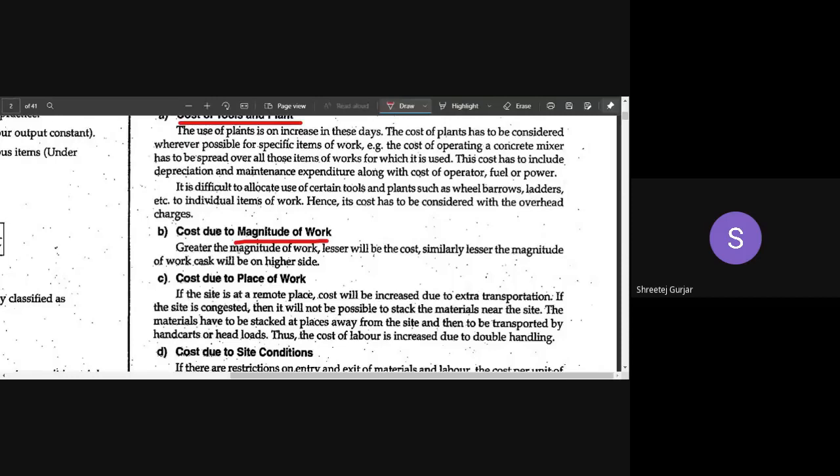Suppose you have one smaller room to build and you have a 3 BHK to build, which will cost more? We will deal with cement quantity. Say for one room you require 30 bags of cement, and for a big residential house you require 300 bags. So which will cost more, depending upon your magnitude of work? This is lesser in magnitude, this is larger in magnitude, right? More material is required here and less material is required in the first case.